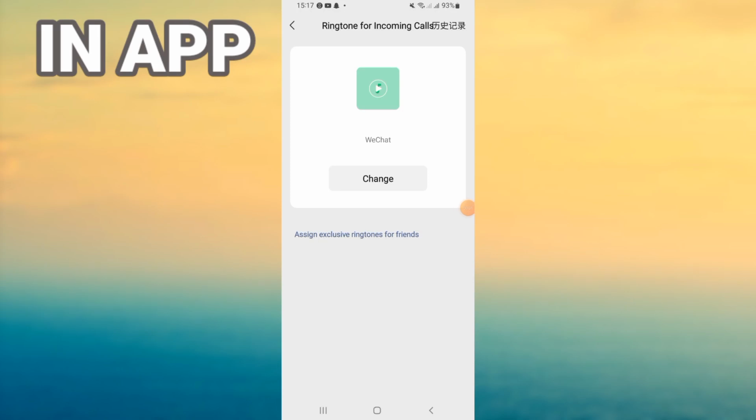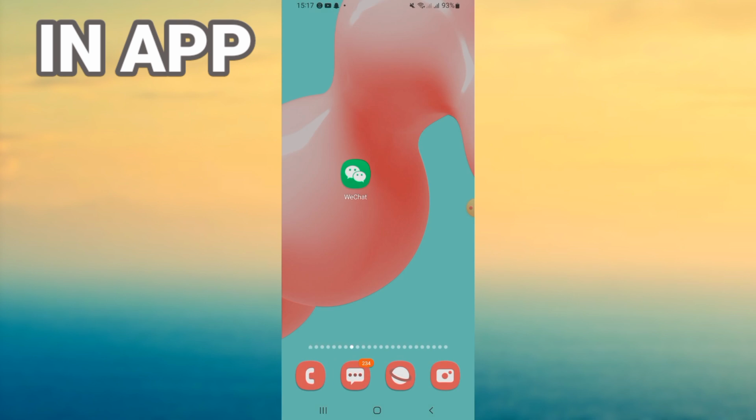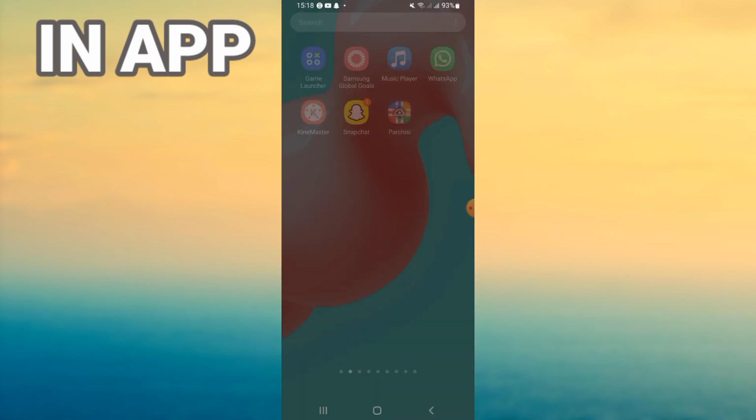How to change ringtone for incoming calls on your WeChat app. So I will show you how to do that easy and quick today. Let's do it. So all you need to do right now, guys, is open your WeChat